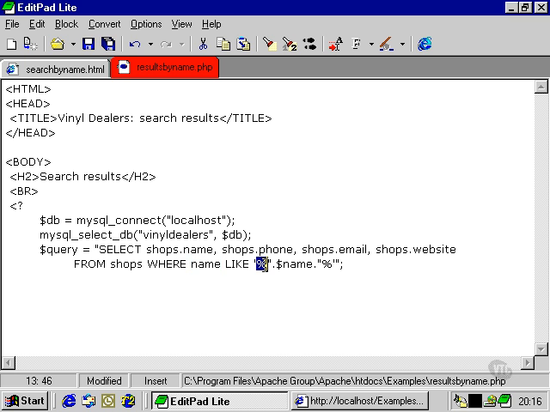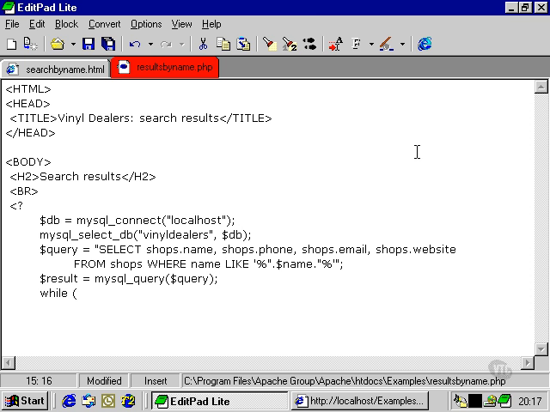So any number of characters could come before or after the value of this variable. So that the user will be able to match, for instance, all shops whose names contain the letter E, if they so wished, or all shops whose name contain only part of their name, rather than having to specify the whole name. So that's our SQL string, and then we need to run that string using the MySQL query command,